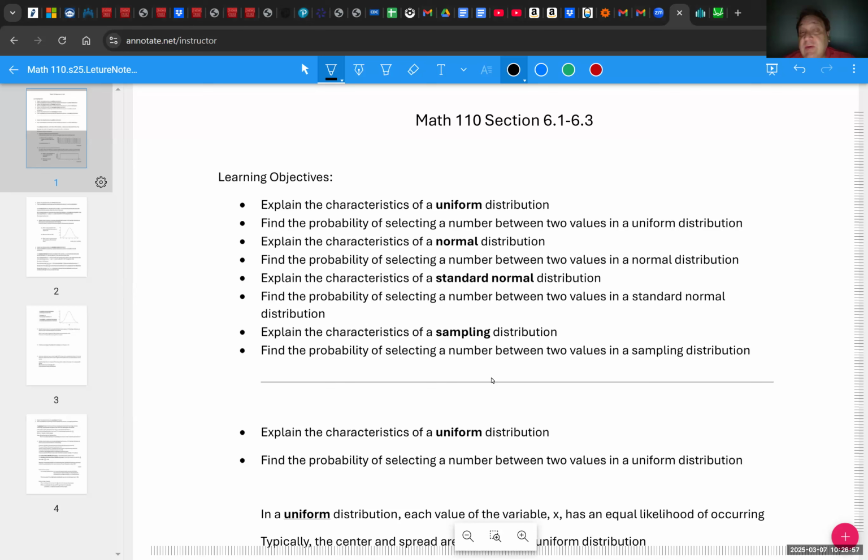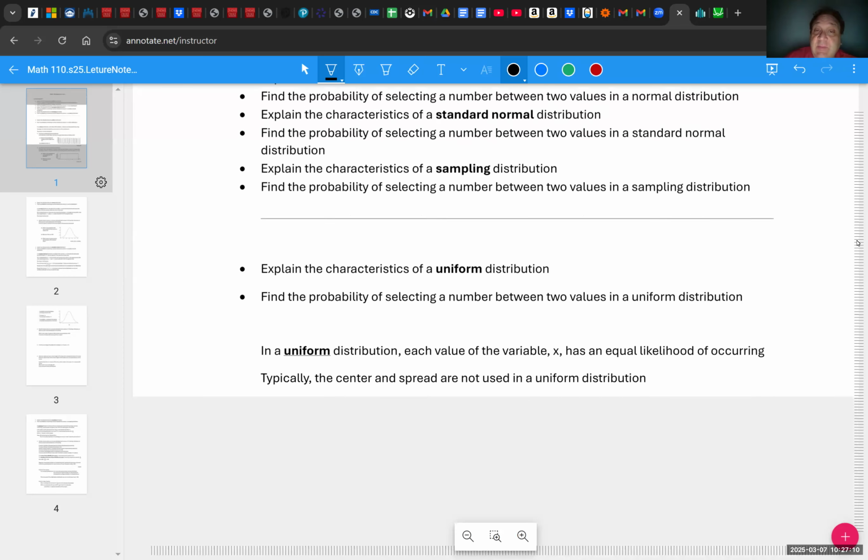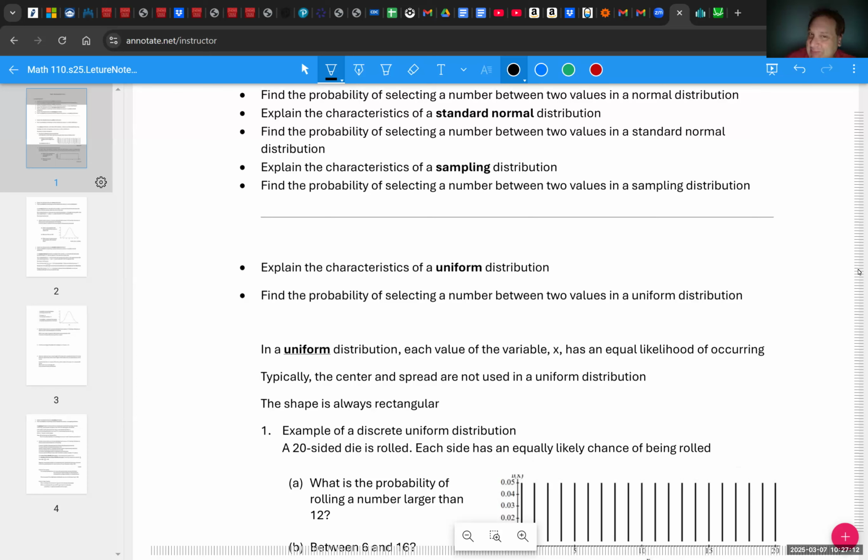The 4 different types of distributions are uniform, normal, standard normal, and sampling. Those are the 4 we'll go through right now. All right, top of the list is a uniform distribution. We're going to explain the characteristics of a uniform distribution and find the probability of selecting a number between